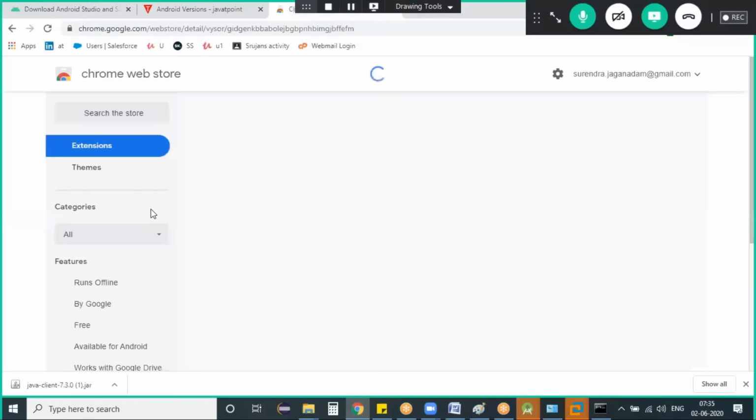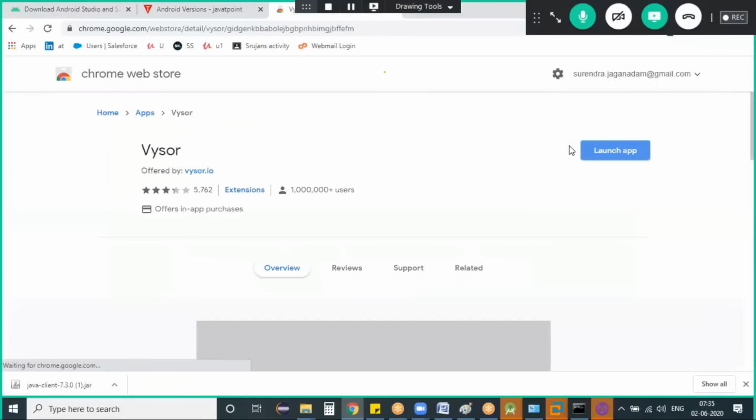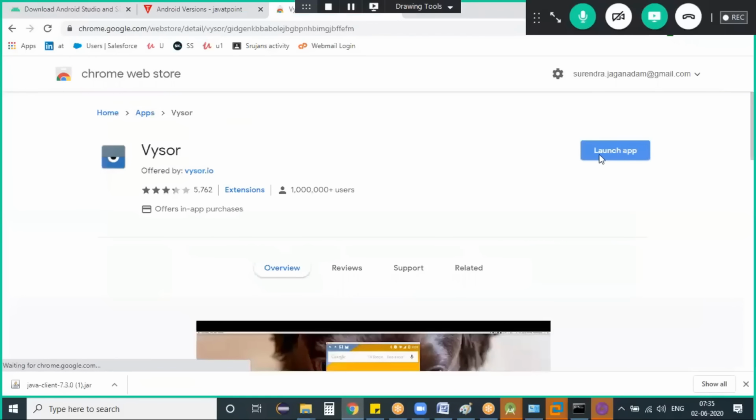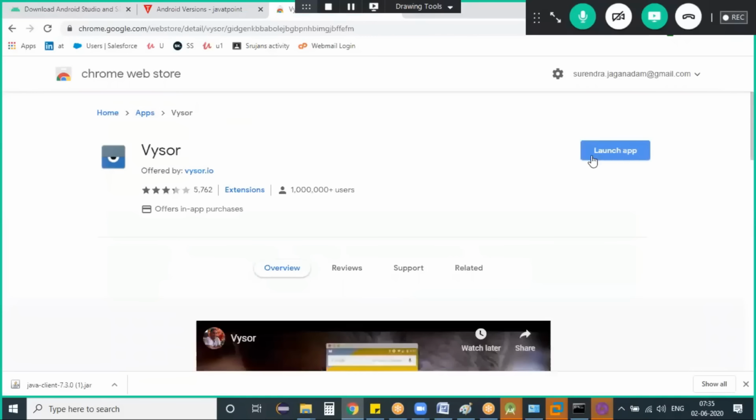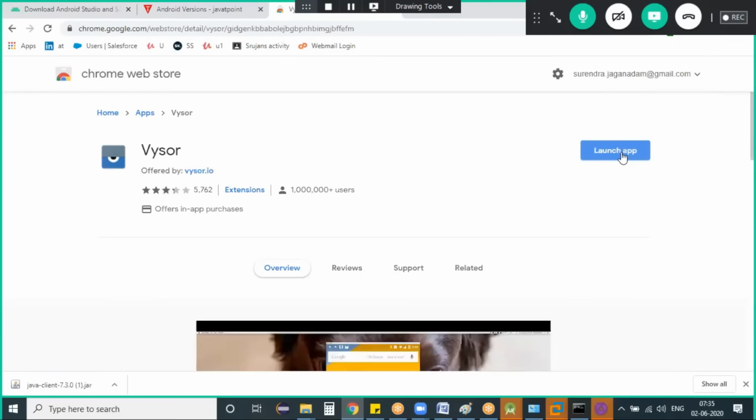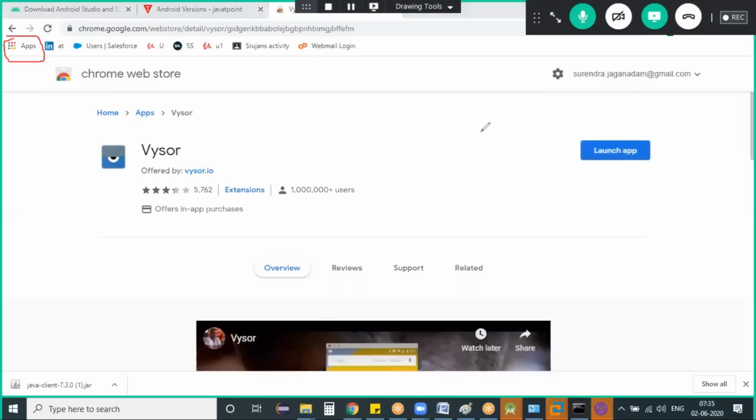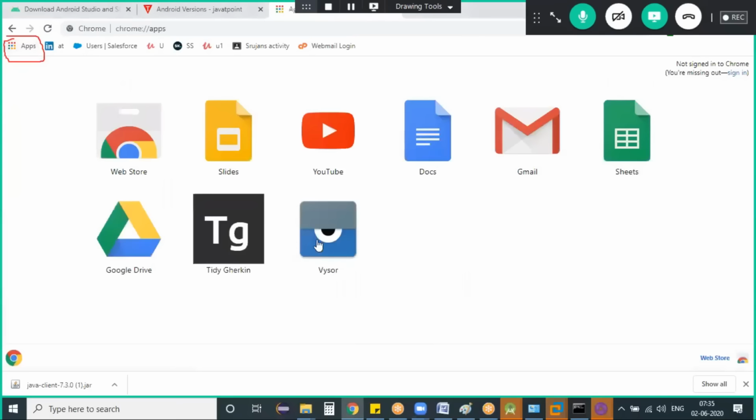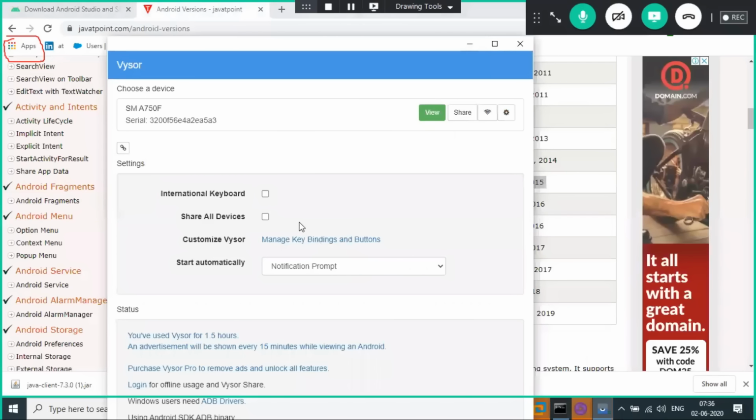So here I'm trying to launch this Vysor. It was already installed on my machine, whereas for you it will prompt you to install this add-on. Upon installing that, you can find these apps within the browser. There is an apps section here. Clicking on that, you can find your Vysor app after successful installation. See, I have my Vysor here. I'm hitting Vysor. It's prompting. And as I connected,